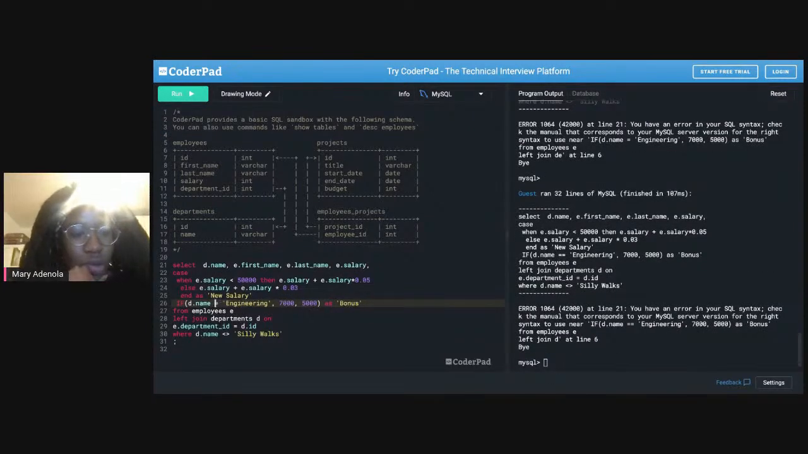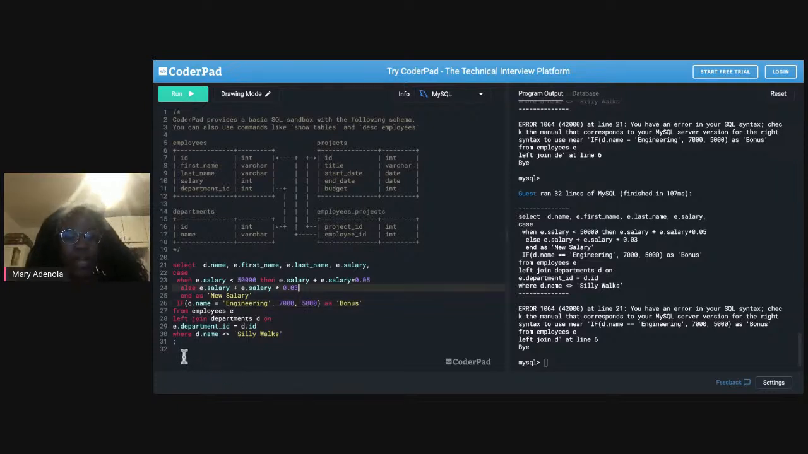No. What's going on? Can anyone notice what I did wrong? There's no else statement. The else statement should be covered in here. The else statement. So the if statement is saying if D name is equal to engineering, then do this. Else, if it's not engineering, do this. That's what it's saying. But let me see. Oh, I know why. Because I don't have, notice I have a comma